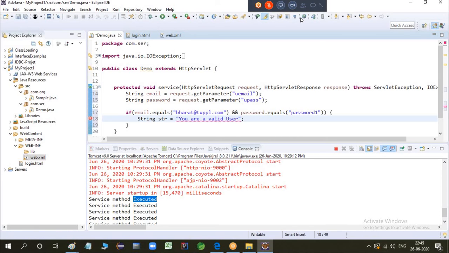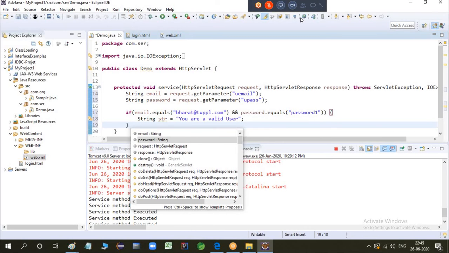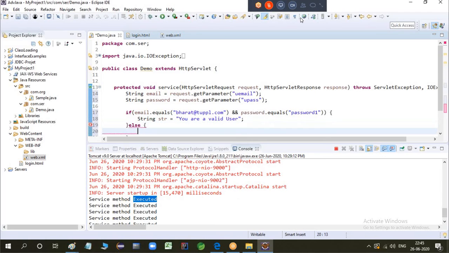You are a valid user, or else block, or str equals to invalid username or password.